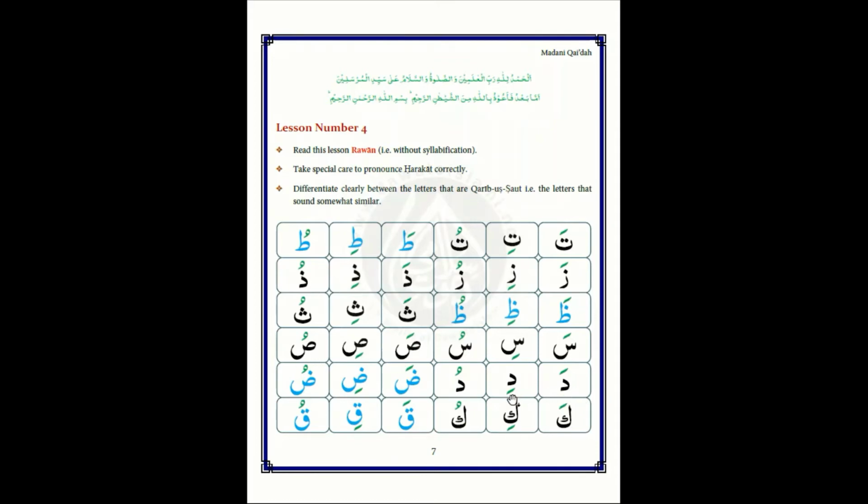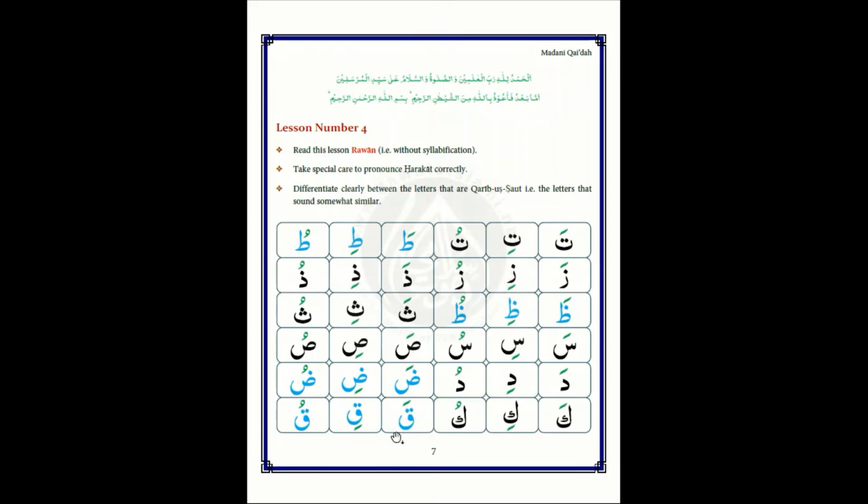Dal zabar da, dal zer di, dal pesh du. So dal and dod, these we need to differentiate. Da zabar da, da zer di, da pesh du. In every state there should be a thicker pronunciation. Here, kaf zabar ka, very soft, smooth. Kaf zir ki, kaf pesh ku. And then thicker again,